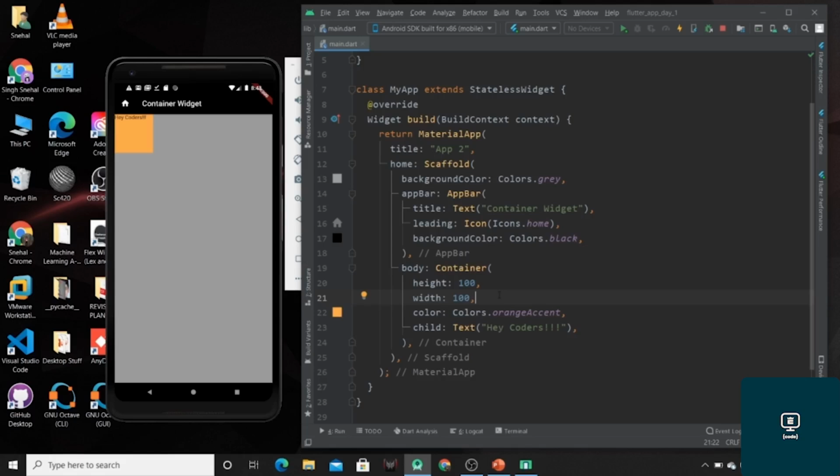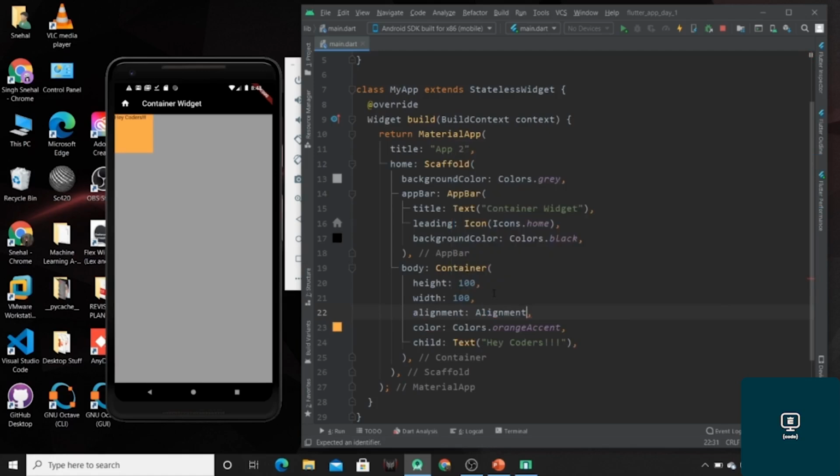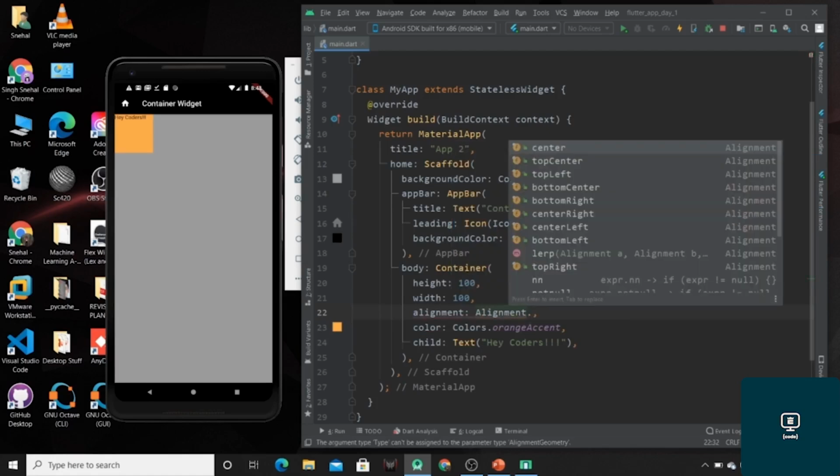Now if we want to specify the alignment of our child, we can use one property which is called alignment, and we can specify the alignment of our child by using alignment dot. These are the positions available, that is center, top left, bottom center.